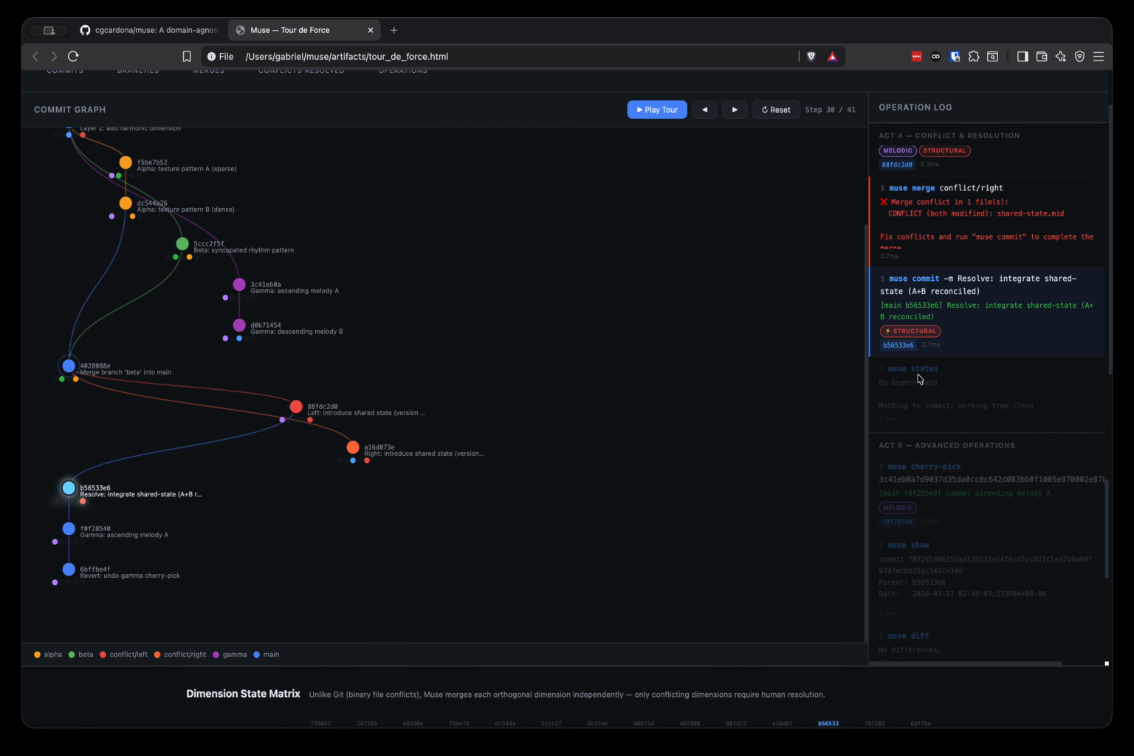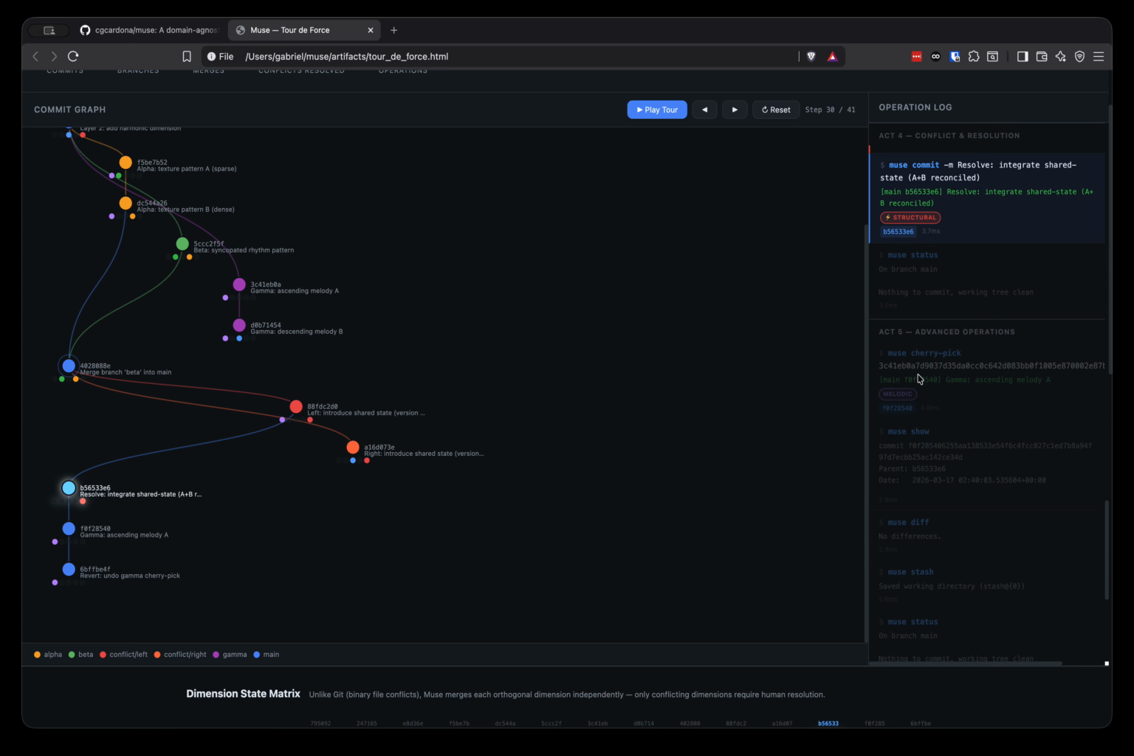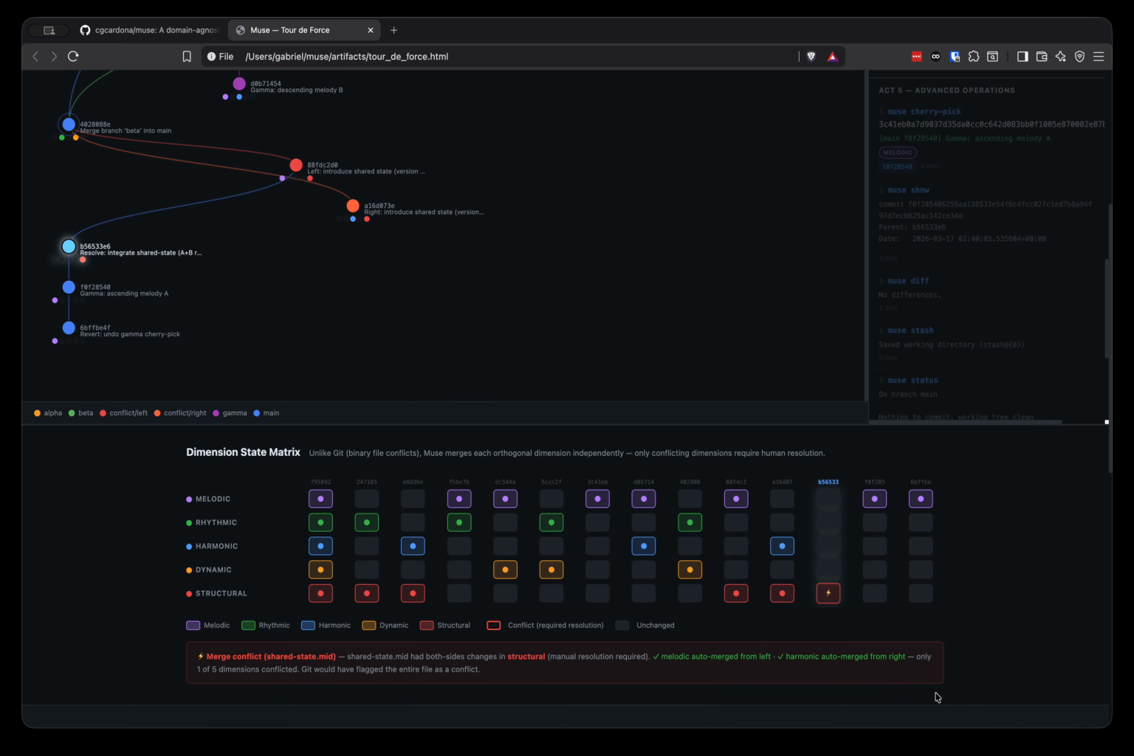Boom. Here, the human makes a decision on the structural dimension and commits the resolve, integrated shared state, A plus B reconciled. So again, you want to look at the dimensional matrix. Only one structural lights up. That's the exact scope of what was resolved. The merge result carries applied strategies and dimension reports that document exactly which dimension was manually resolved and which were auto-merged. And then next,